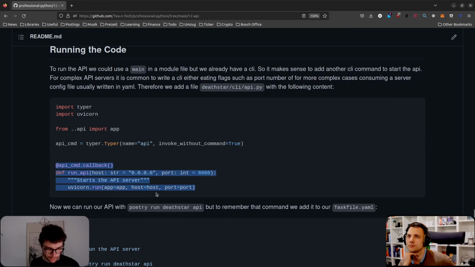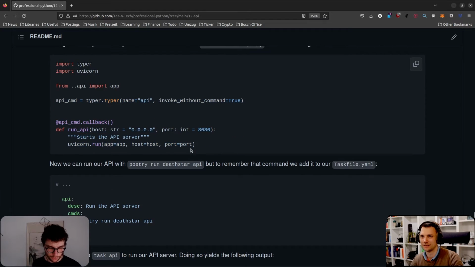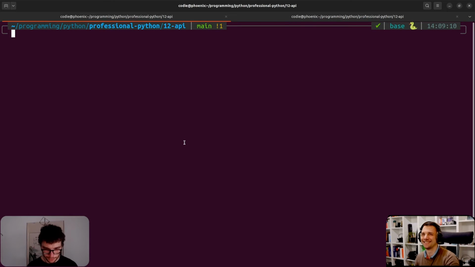And exactly, that's how you run it. By the way, I incorporated it into the CLI because we already have a CLI. What happens is if you have a complex web server, they even write a CLI for the API server to start up. So you have different options, like for example which IP, do you want to show it off to the internet or not, or which port, that stuff. Then you just run uvicorn, you see uvicorn inside, and then you give it the FastAPI app and hosting data, and that's it. Wow, it's also pretty short. Yeah, that's super short for the stuff it does.